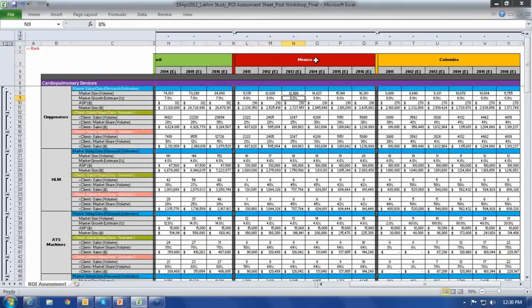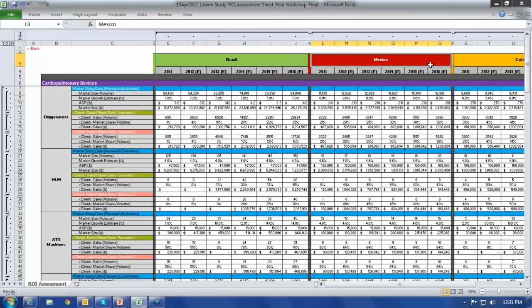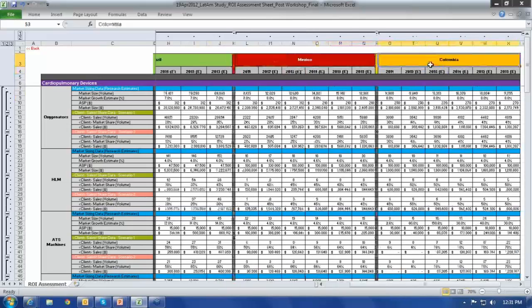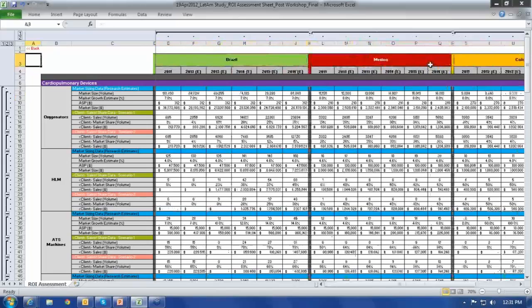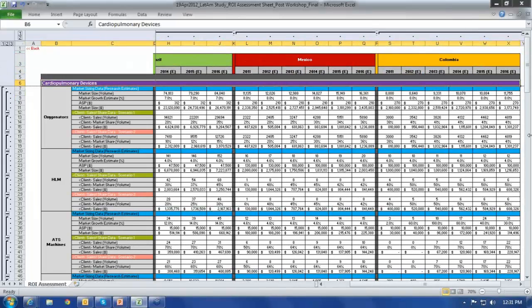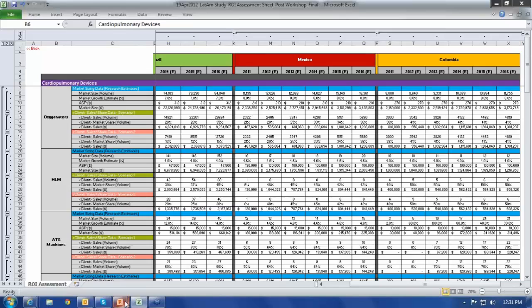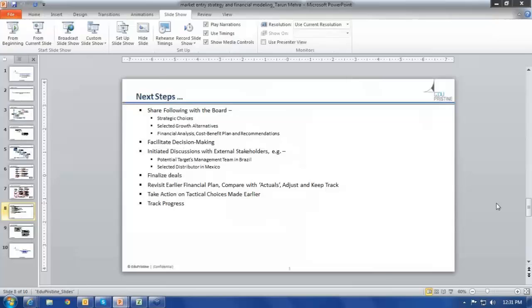You were not talking about an acquisition cost. You were talking about the operational cost in terms of building the team and so on and so forth. And so in the slides I presented only Brazil and Mexico, but essentially there was Colombia as well, which was a completely different case. The intent is not to run you through the granularity here, but to show you how this all had to get down to financial modeling, helping them make some tactical choices and put some plans in place so that they could actually track that later on.